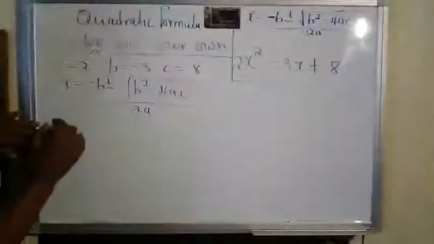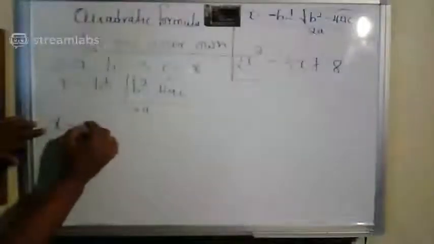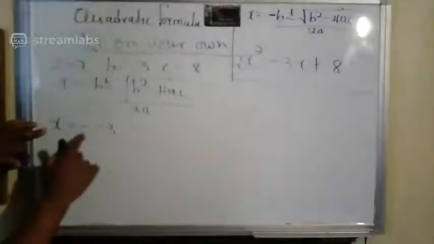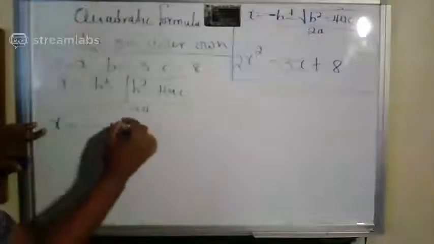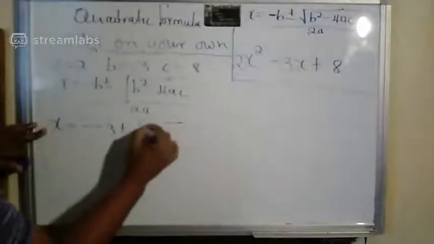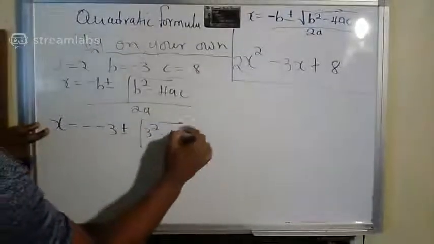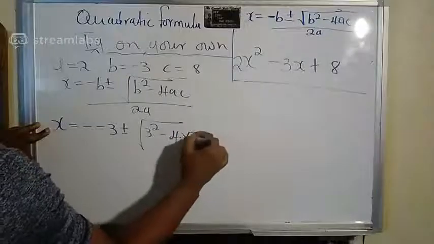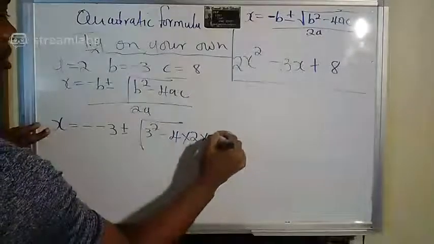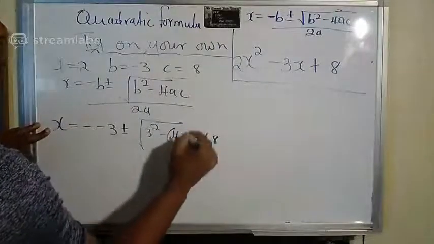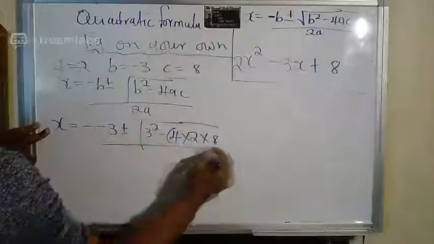We just put in what we know. We know b is negative 3, but the negative is a part of the formula, right? Plus or minus the square root of 3 squared minus 4, a is 2 times c, which is 8, all divided by